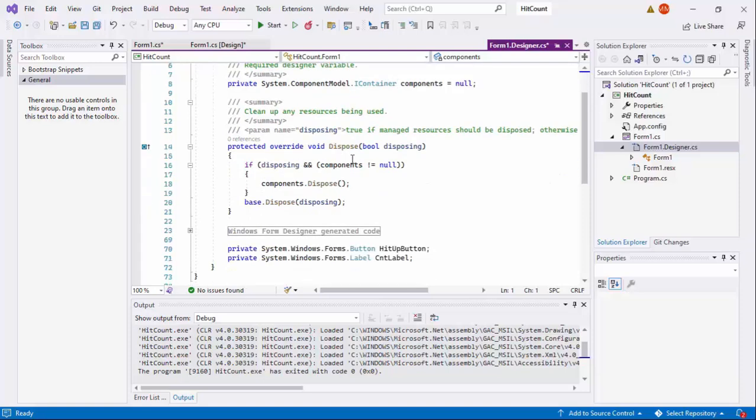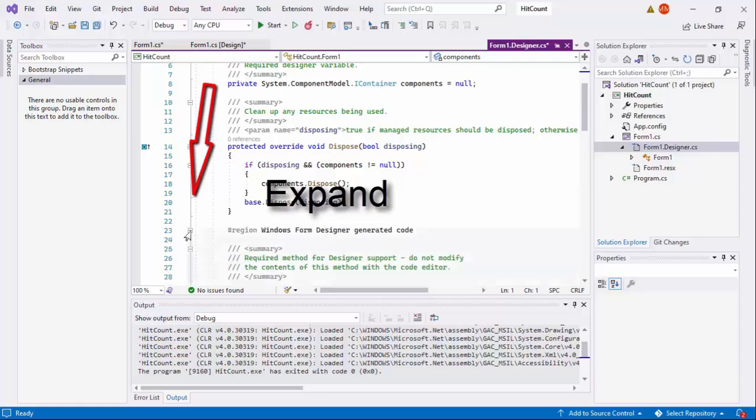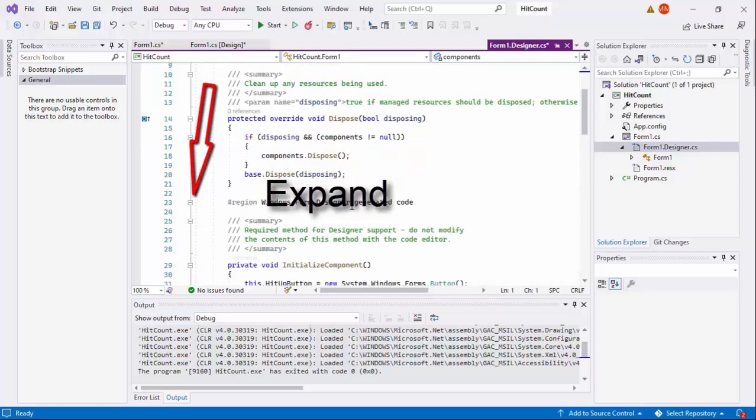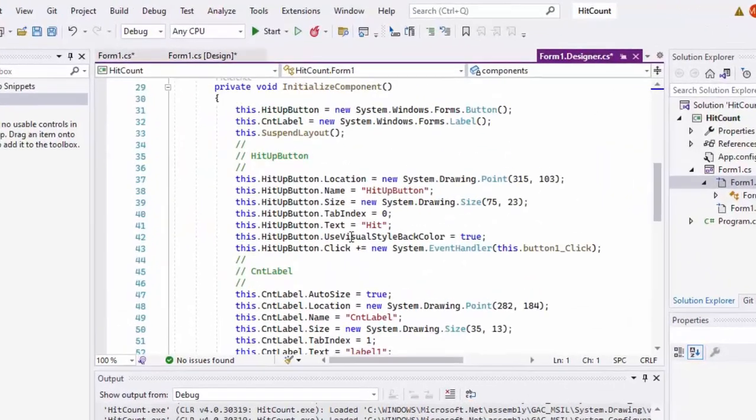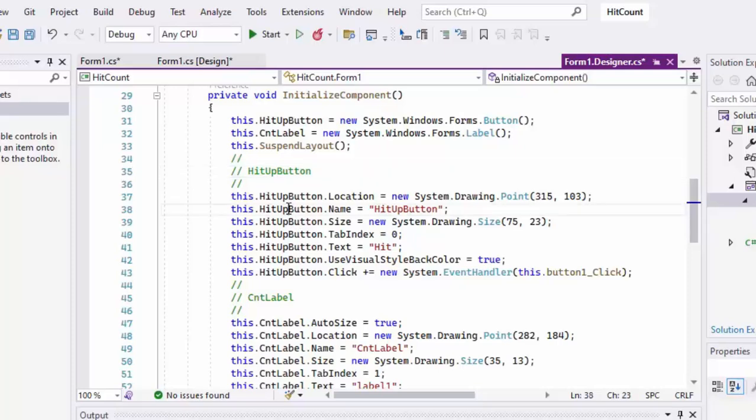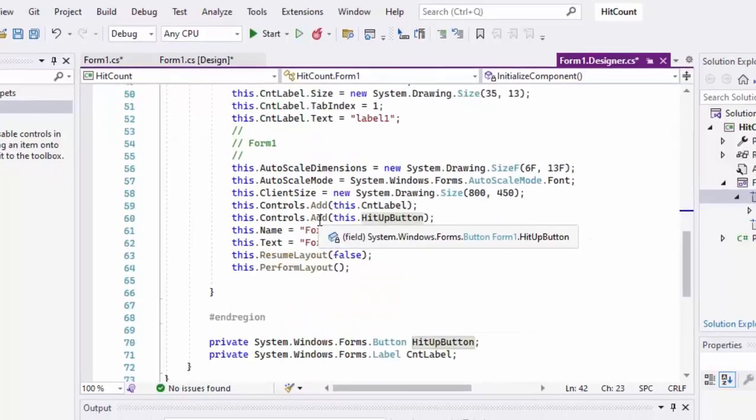Let me see. Yes, the naming of the widget just now as label 1 or button 1 is actually changed also. Hit up button or the change, and everything related to that button is also changed to the new variable name.